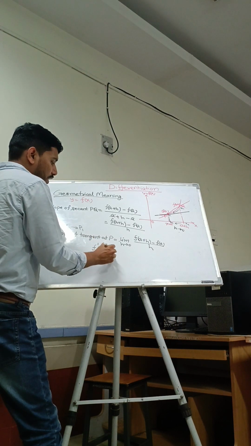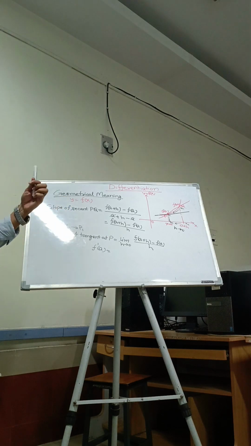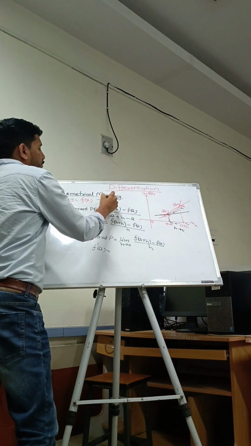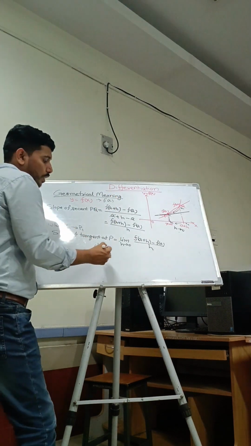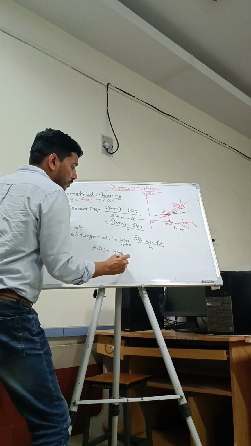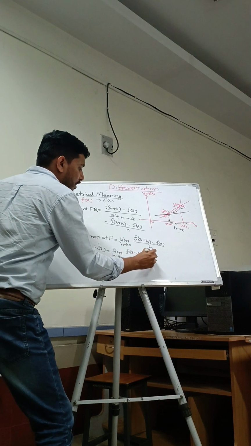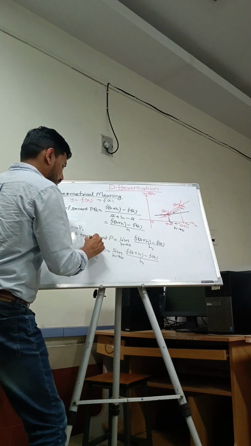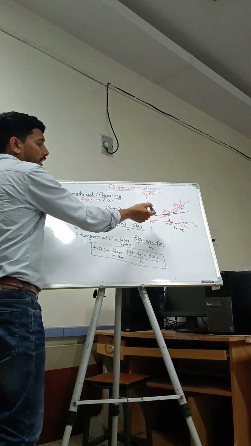Okay, slope. We have seen that f dash of x is what we write for derivative: y equal to f of x, so its derivative is f dash of x. So at point a, this will be f dash of a. So f dash of a is what? Limit h tends to 0 of f of a plus h minus f of a upon h. So this we have found for point a.